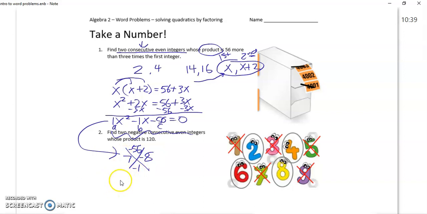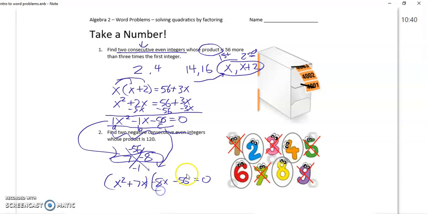And in some classes you go straight to the answer from there, but I'm just going to show how I've been teaching it. x squared plus that 7x minus that 8x. So I used what I came up with in this x thing to find out how to break up the b values, and then minus the 56. So that's my original equation, but broken up in terms of the b values so that I can do this grouping method. Some people would say it is a little too far, but it's just consistent with the way I taught it. So I get x and x plus 7, factoring that out, and I'm going to factor out a common factor here of negative 8, and then I'm left with x plus 7 when I factor it out. So this gets to be regrouped as x minus 8 times x plus 7